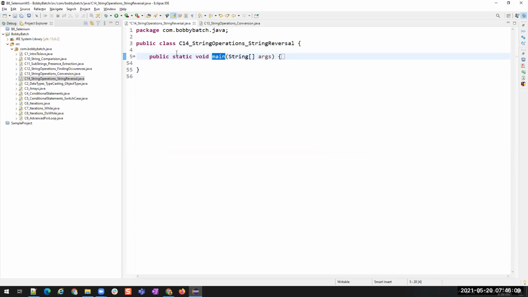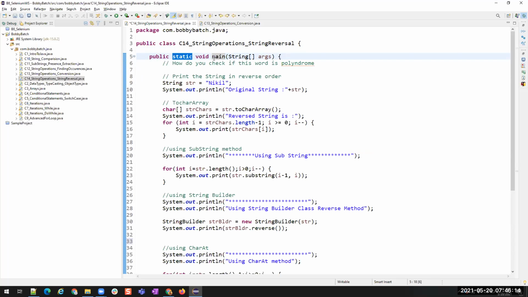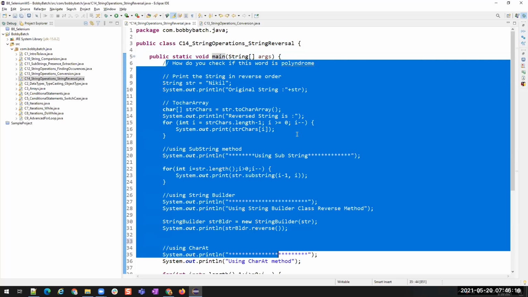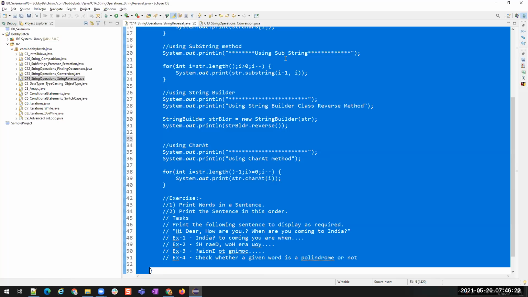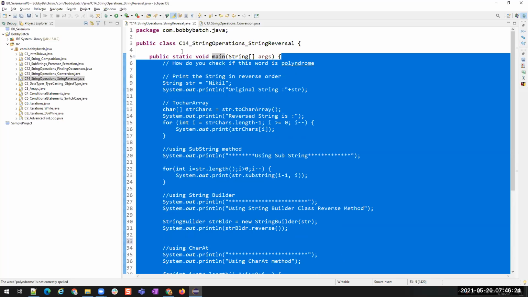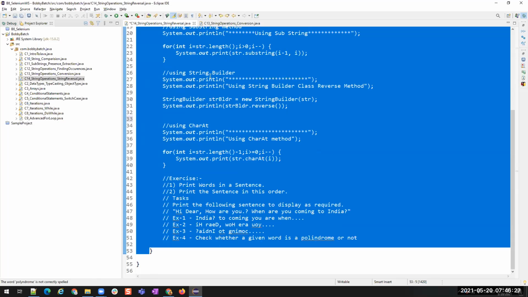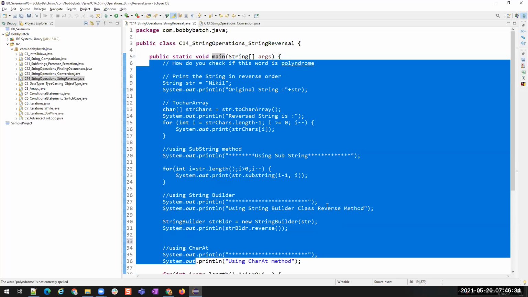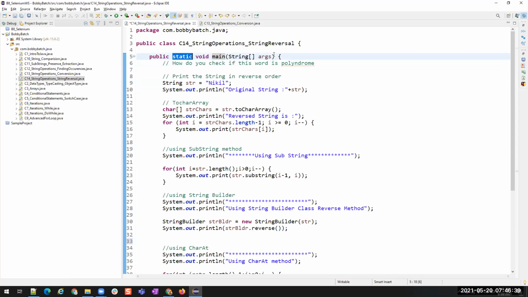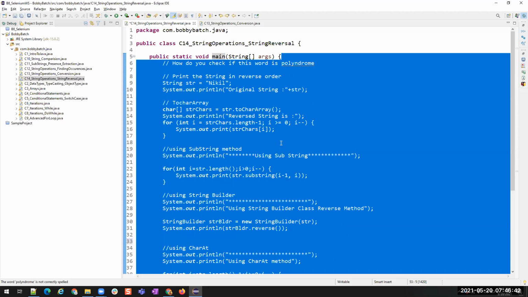Now see here the main method. If you want to create a main method, you have to use a keyword called static. So whatever is present inside the static method is completely static area. This is a static area, right? Because static is present for this method. So all the members and whatever is present inside this will become static members or static area. If there is a keyword called static, then the block area of that code is called a static area.